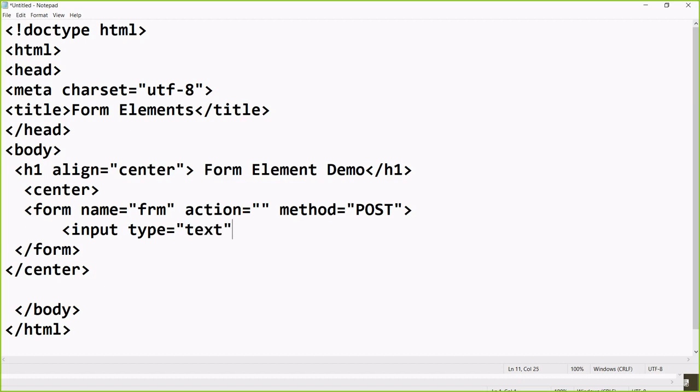I will go through the other types one by one again. So input type text: if the value of the type attribute is text, then in that text box you can take any kind of value, either the text value, or the numerical value, or a combination of both, that is called the alphanumerical value, that also you can accept. Got it? So that is called input type equal to text.